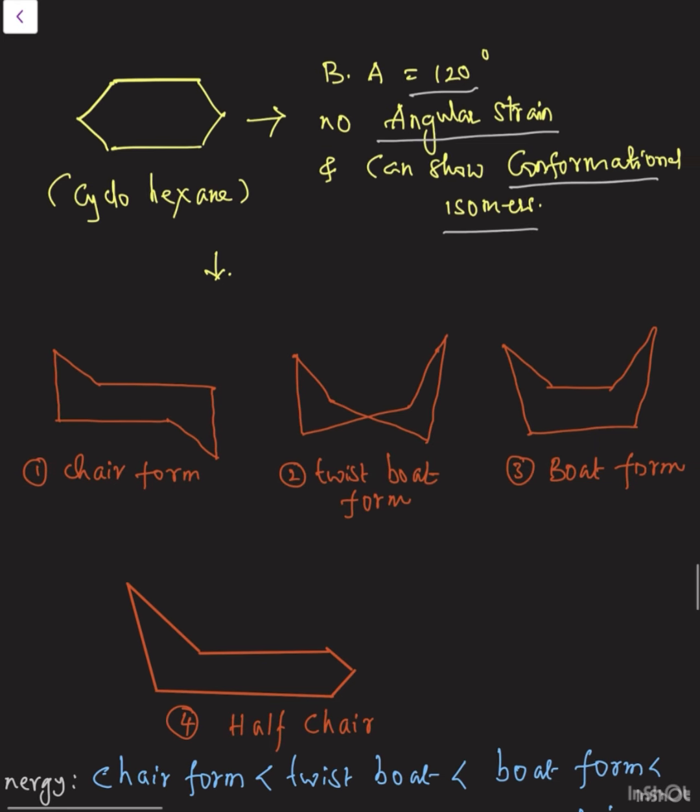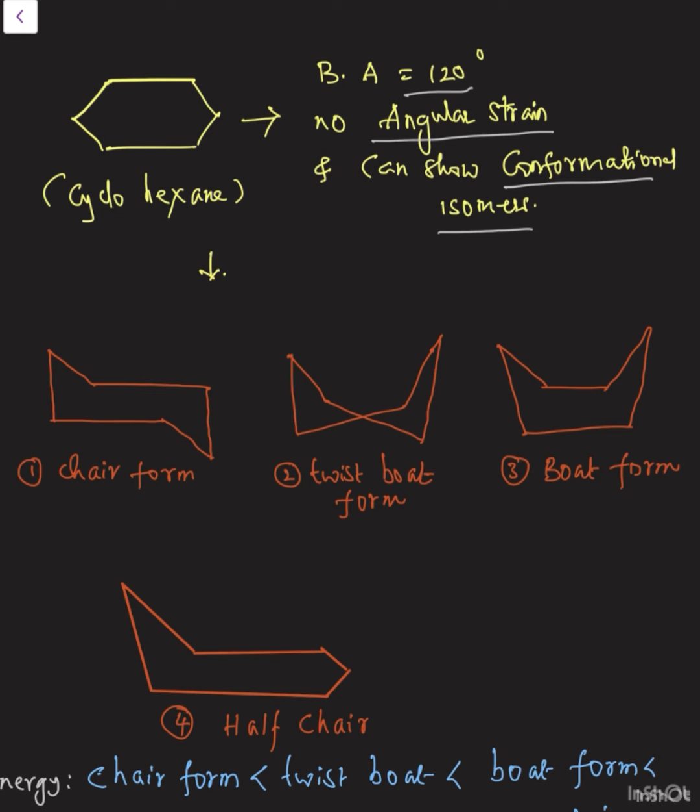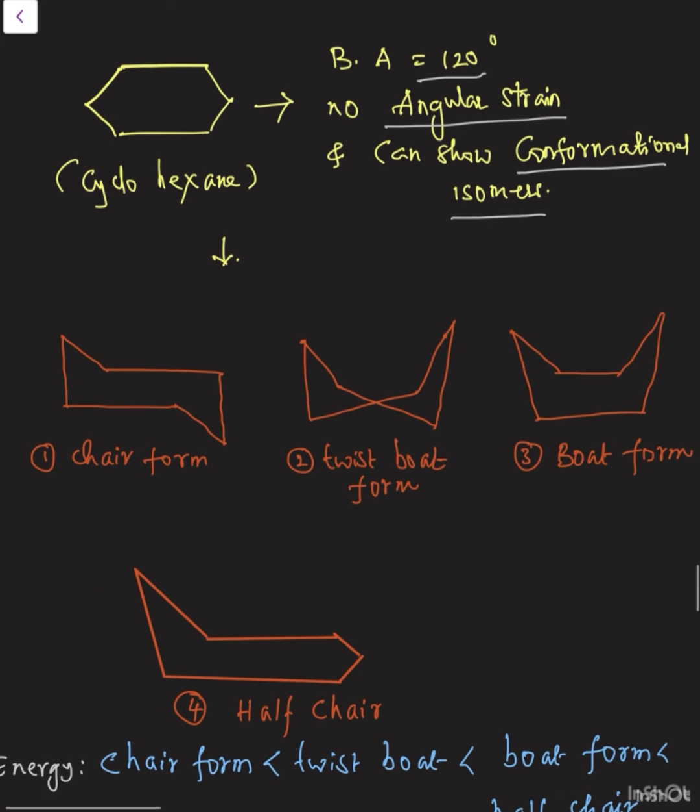In this, we have different types of isomers, that is, cyclohexane forms generally 4 types of isomers. In that, which one is more stable, which one is less stable, which is having more energy, let us discuss. So this cyclohexane shows chair form. Total number of carbons, how many? 1, 2, 3, 4, 5, 6. So I am representing cyclohexane in the form of a chair, and this is 1, 2, 3, 4, 5, 6. This is not carbon, so observe carefully.